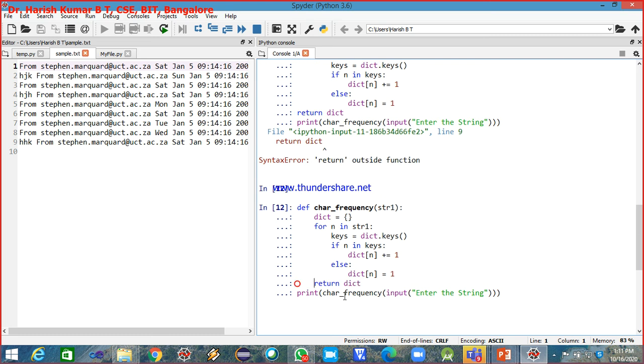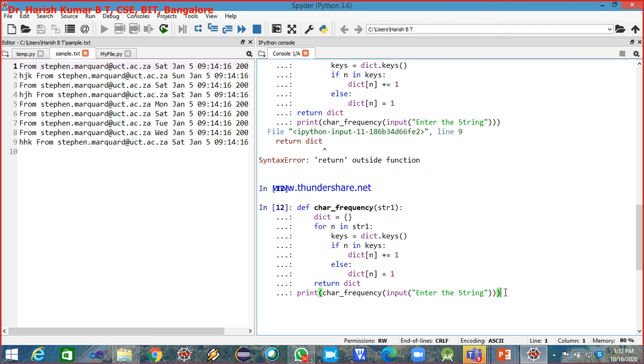This one step I have to move inside. Yeah, now this is fine. So the for loop is inside this, and this return is inside the function, and outside the for loop, so you can say return dictionary is outside the for loop. Is this clear? The indentation?